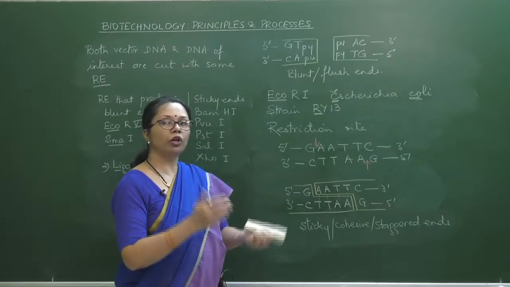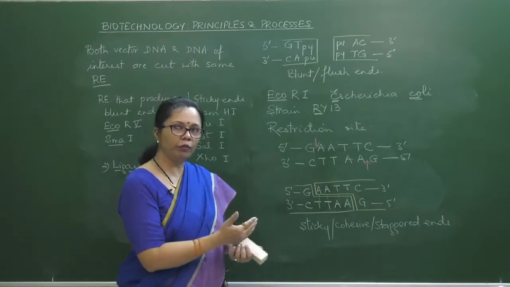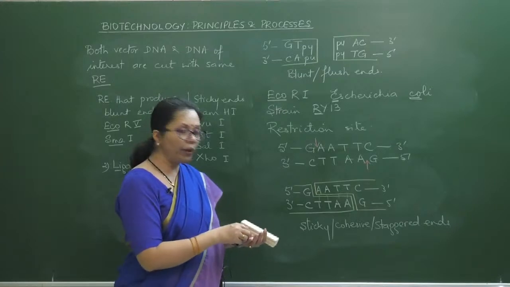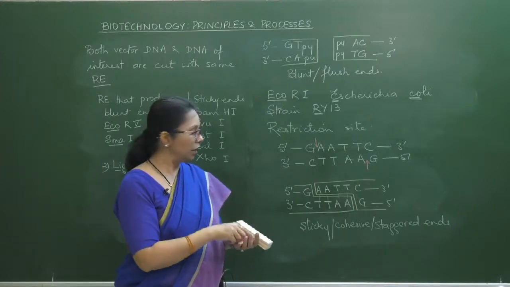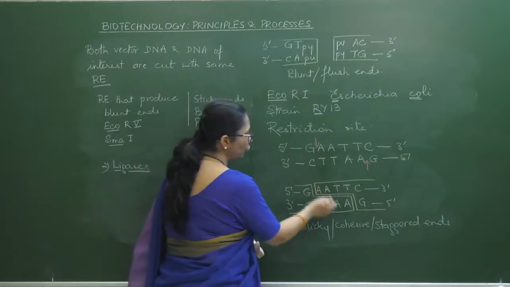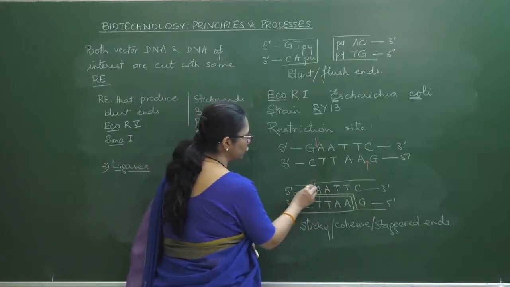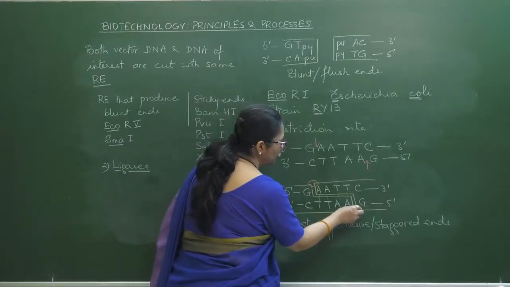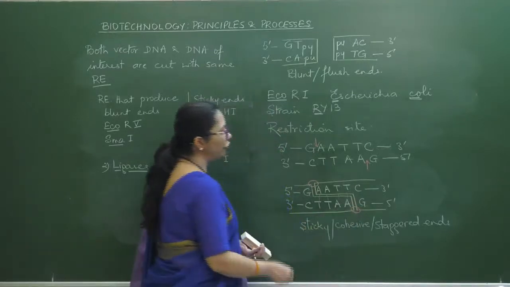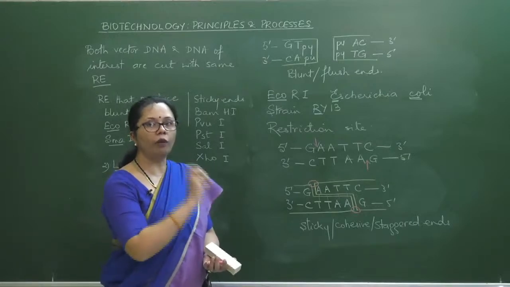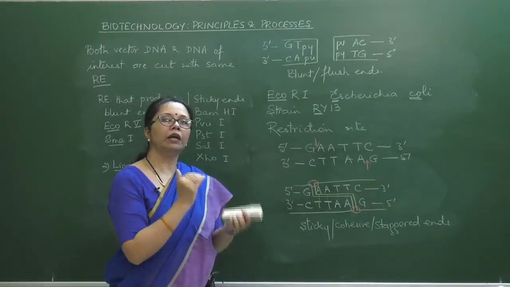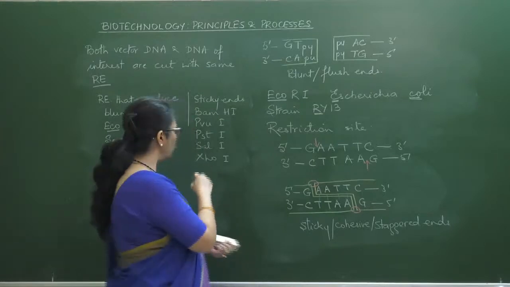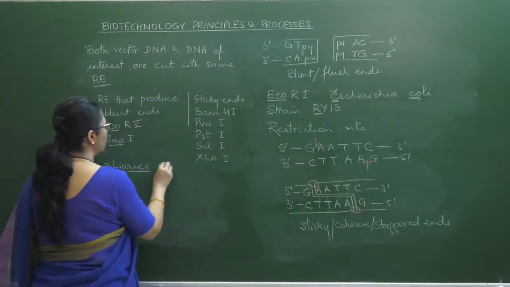Ligases, why do we need them? Because these hydrogen bonds are weak bonds, they can form and they can detach easily if slight heating is there. But they are sealed. These two fragments are sealed because there has to be formation of a phosphodiester bond here and a phosphodiester bond here. So when the phosphodiester bonds are formed, this will then be permanently attached, and that bond is formed by ligase. So ligases, you see, these are molecular